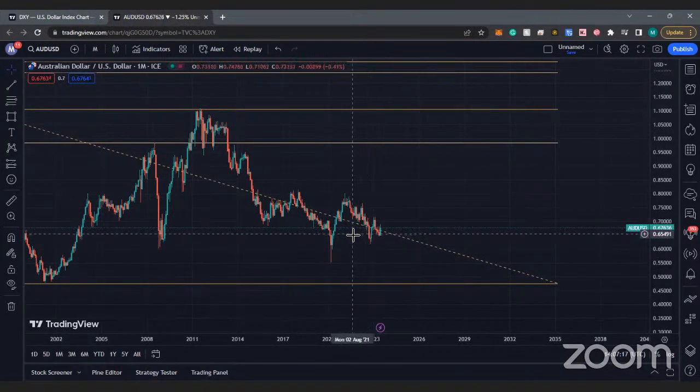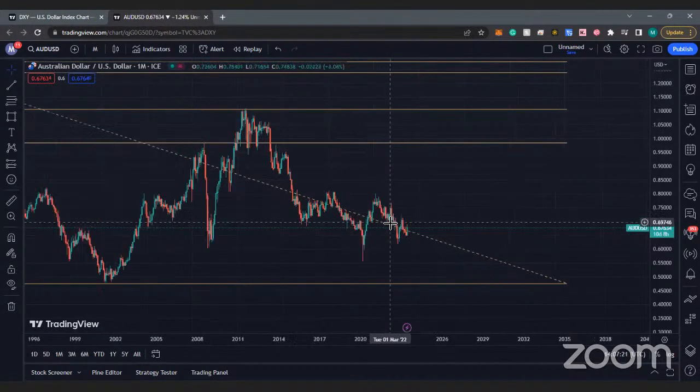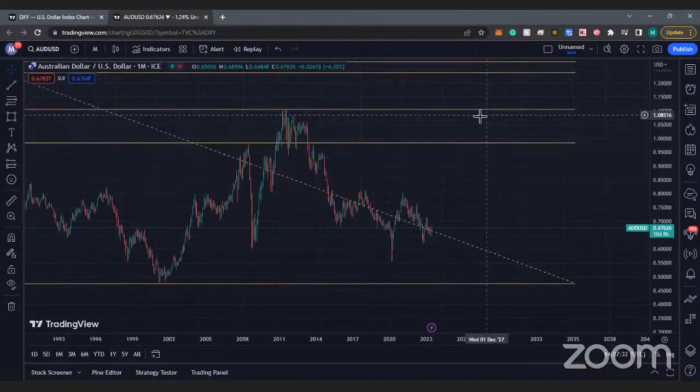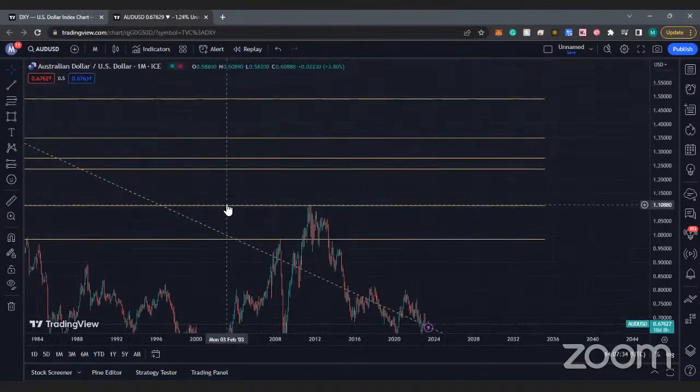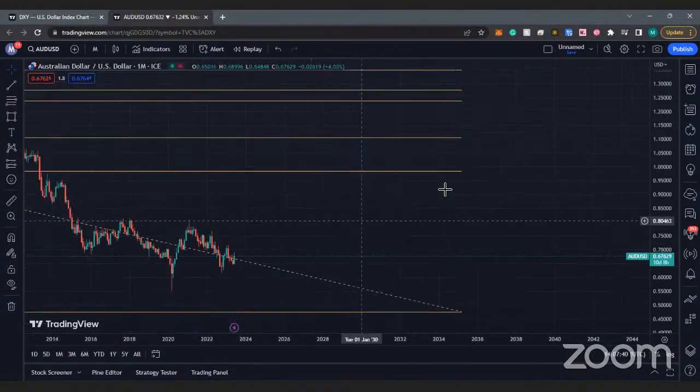So AUD USD does have some bearishness left on it, but not that much before it's time for it to go for a long. So we could say that for another 5 to 10 years, maybe there should be a swing, at least the price to make an attempt to come back to the fair market value of equilibrium here, and maybe push even higher, which is what I'm looking for. Yeah. So moving forward from there,